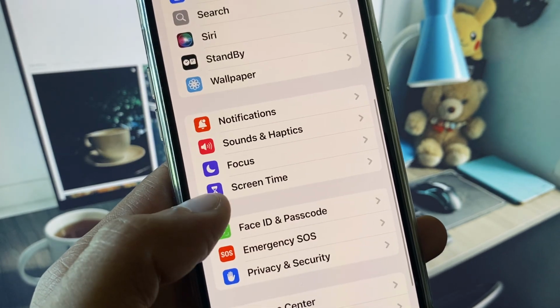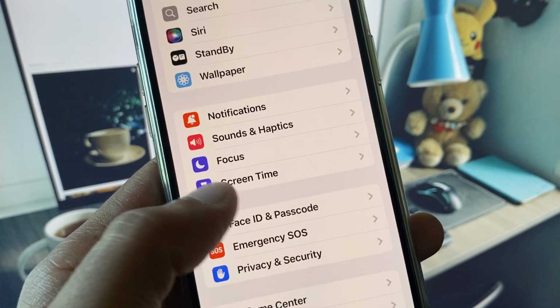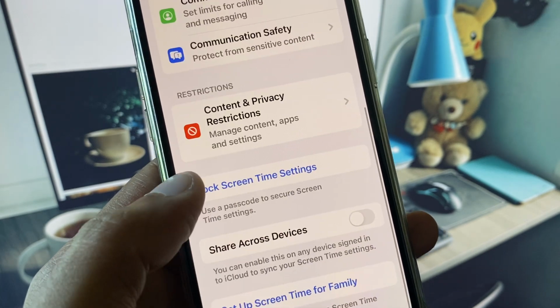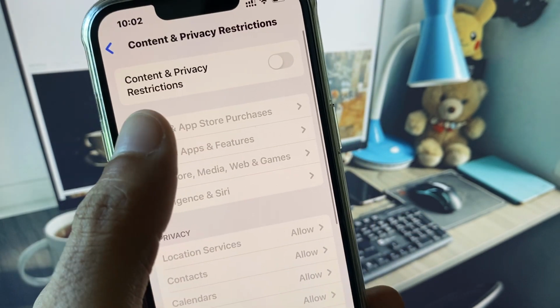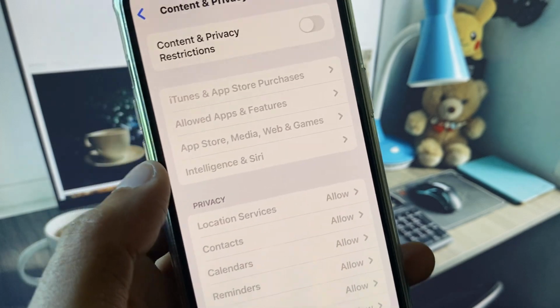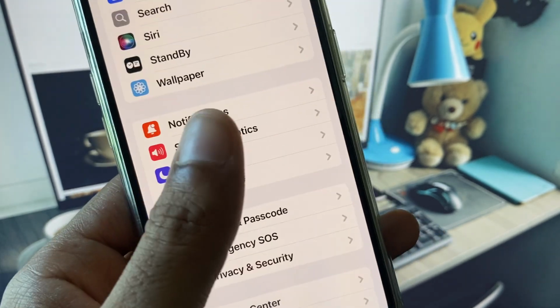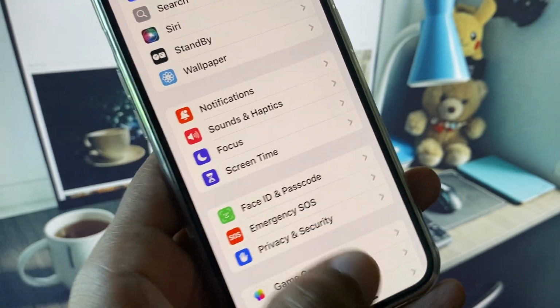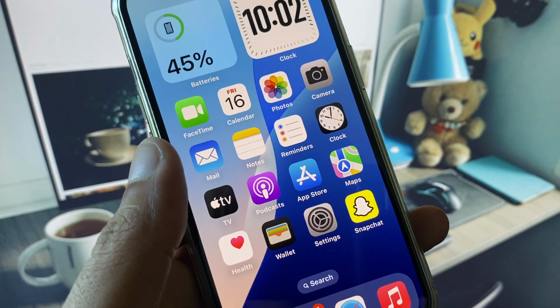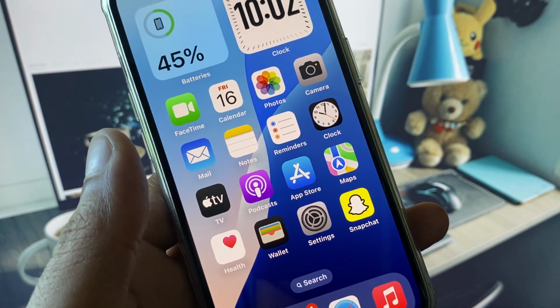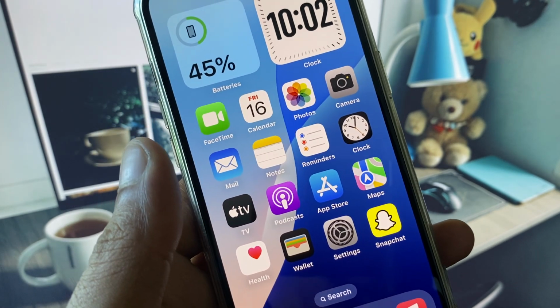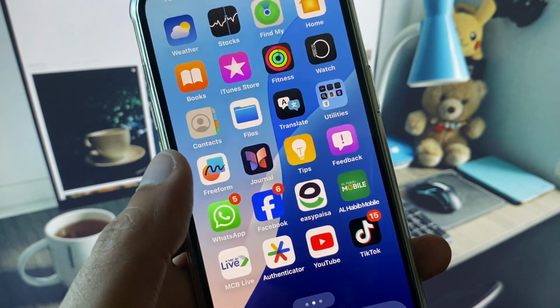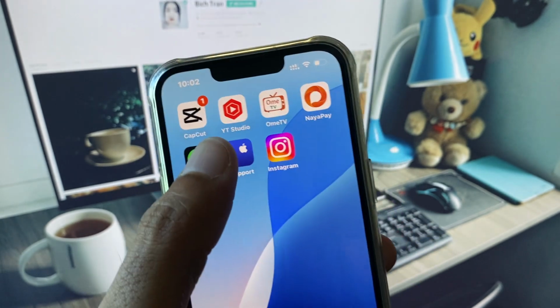From here guys, you need to click on Screen Time and click on Content and Privacy Restrictions, and you need to remove all the restrictions from here. And after this, go back. So guys, after doing all these settings, you need to open your App Store again and check that your problem will be fixed. If it's still not fixed, then no need to worry, you have to open the Apple Support